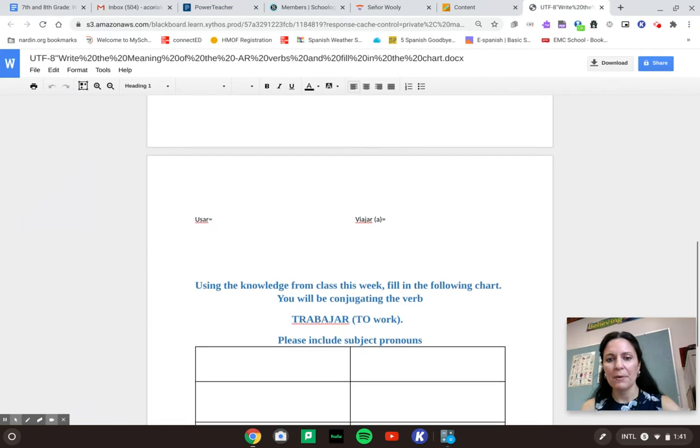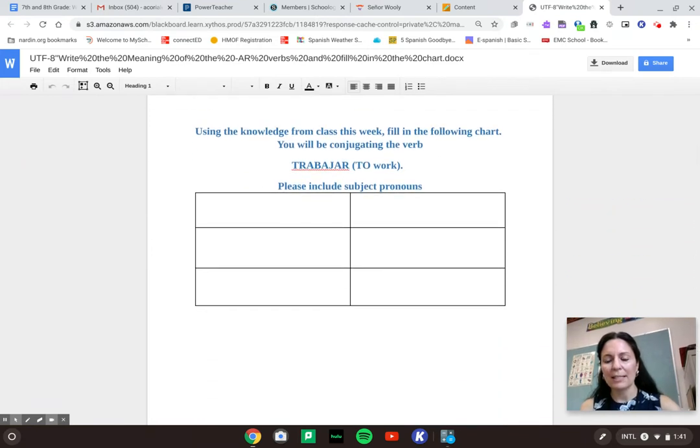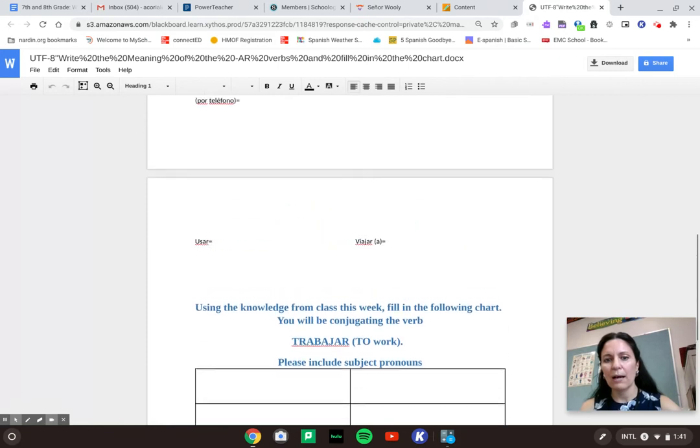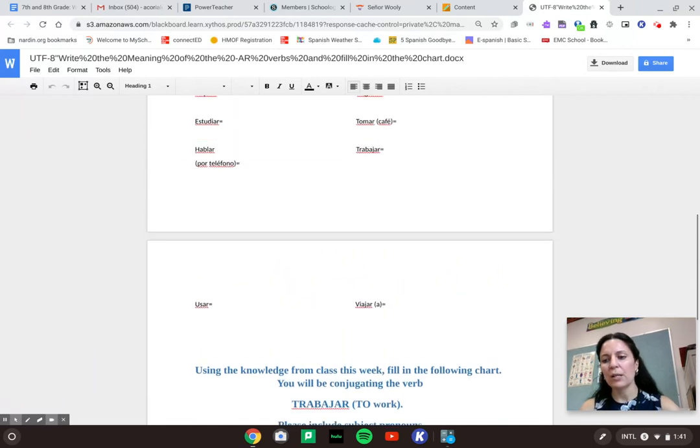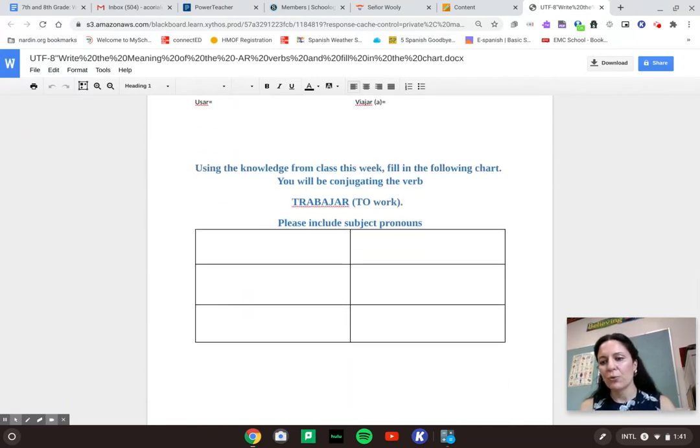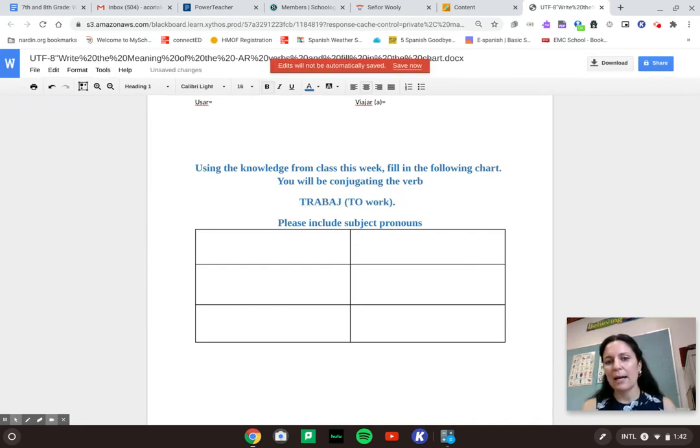You may need to look them up. And then it says use your knowledge from class this week. So when I do the conjugations with you after class today, it should be a little bit more familiar what I want you to do with this chart. Just like we conjugated ser, when we said yo soy, tú eres, we are basically doing the same thing. We call it a six pack, but it's all the six conjugations of any verb that we conjugate. And when we say conjugate, we're just talking about taking the verb from the infinitive form, taking off the AR and adding endings. And that's basically the work. So I will be going into that lesson today with you, but this is an overview of what you have due by Monday.